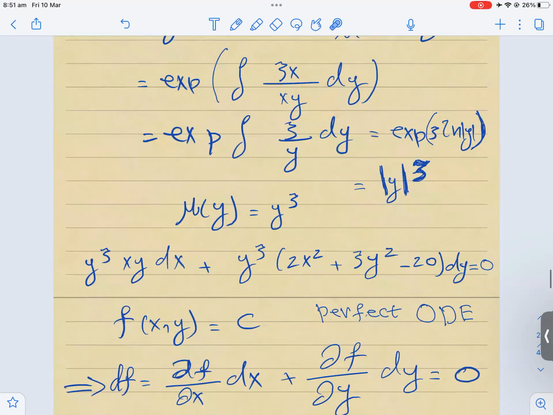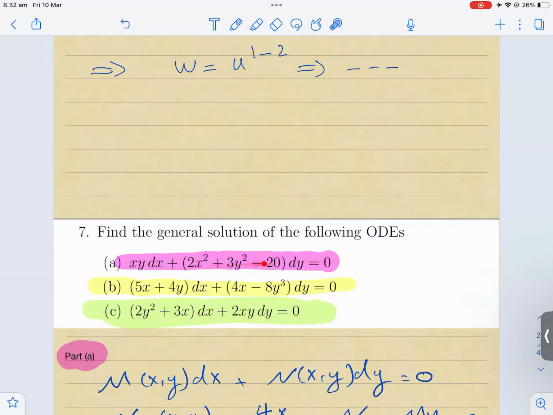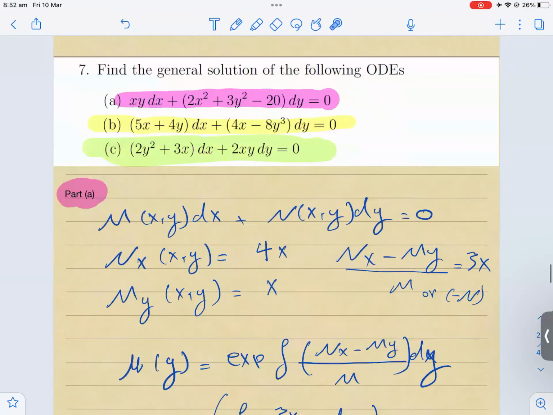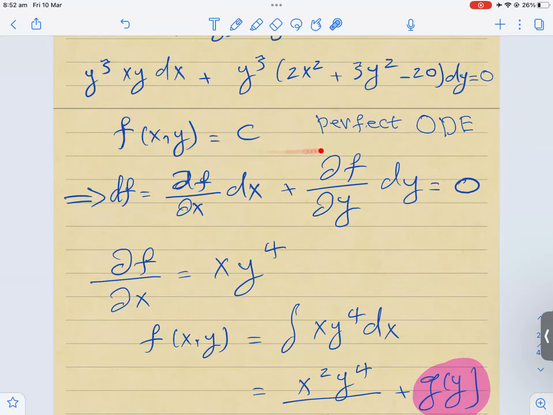So I can multiply everything by y cubed: xy dx plus this dy equals 0. So let's assume that we solve this one. What would be the answer? The answer will be f(x,y) equals c. If I take